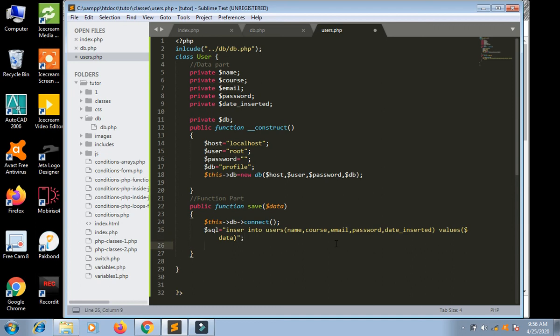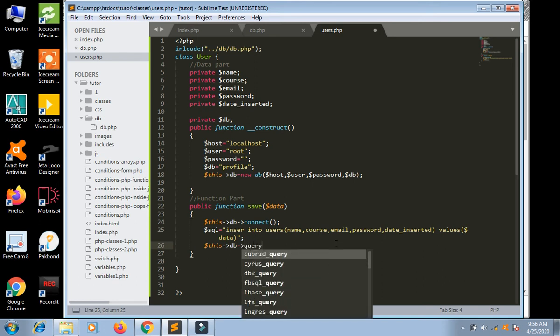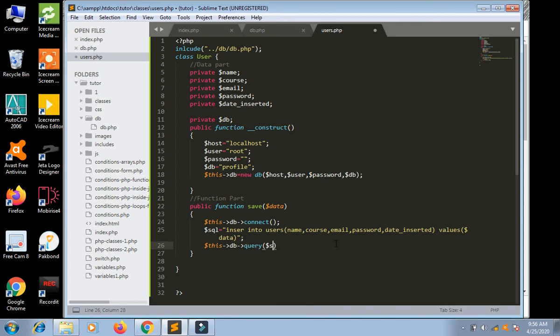This is the SQL, and now $this->db we should call query, and in the query we will pass our SQL. This should be insert.